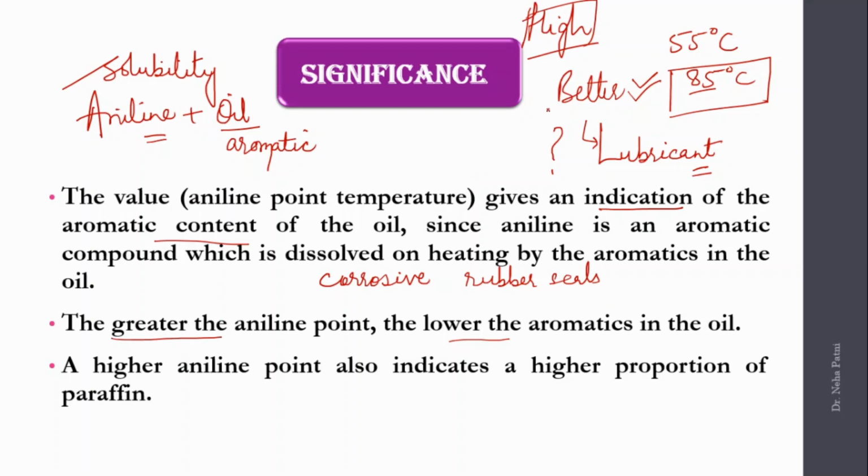And with the same point, I'll come to why you call it the aniline point. If you have to check aromatic content only, why don't you go for a benzene point or chlorobenzene point or phenol point or nitrobenzene point? They all are aromatic too, right? But why is it the aniline point? Because all the other compounds you might select are not stable, are more corrosive, are more problematic. Like phenol changes to phenoxide ion, chlorobenzene releases chlorine, nitrobenzene has its own bitter almond smell, etc. So overall, among aromatics, aniline is quite safer in comparison to others. That is why, to check the aromatic content of oil, we select the aniline point.